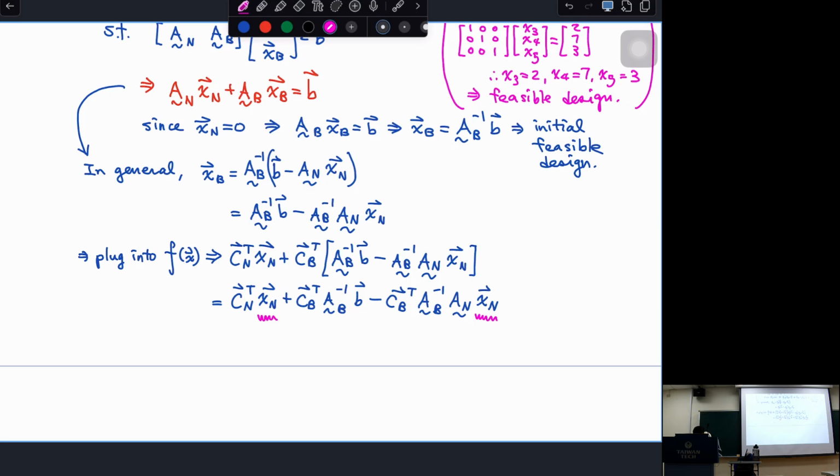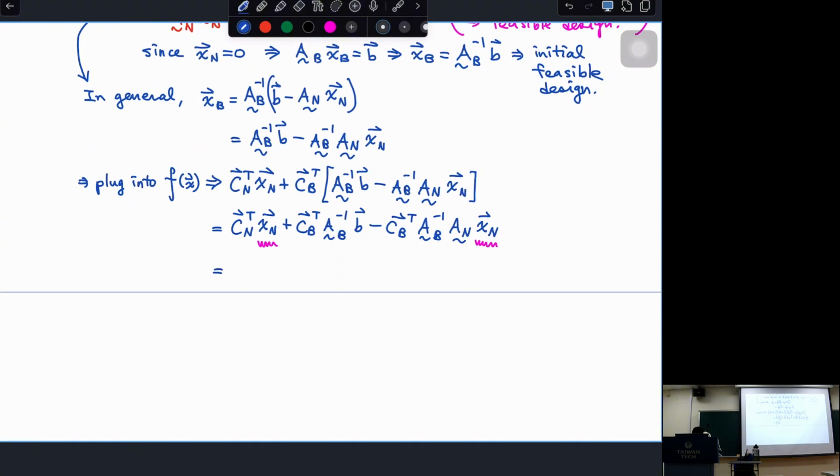So right here, cn transpose minus cb transpose AB inverse AN, and then xn here plus cb transpose AB inverse small b. Okay,